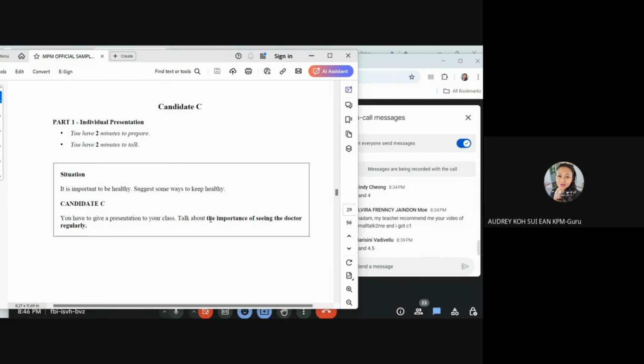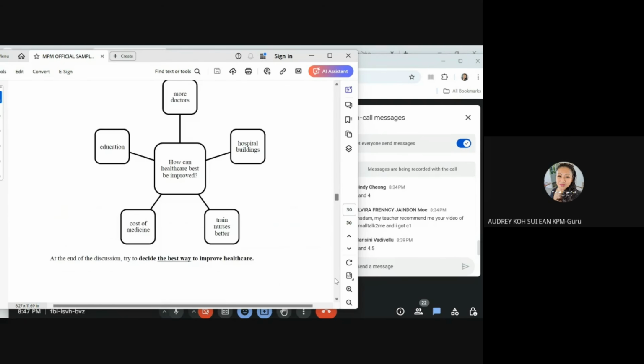concrete examples. For example, if somebody complains of a stomachache all the time and they never see the doctor regularly, and they wait and wait until they have a very painful episode, and they end up in the hospital emergency because maybe they've got a very terrible ulcer in the stomach. See, that's a concrete example, a real name of a disease. Ulcer in the stomach, or they could have appendicitis. Appendicitis is also another concrete example. So you need to have real words, real terms, and real names of people and places. This is what I mean by concrete examples.